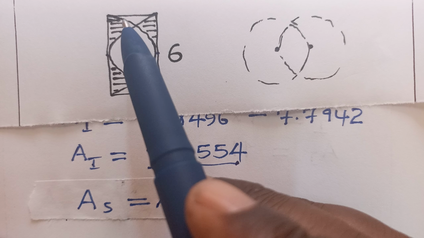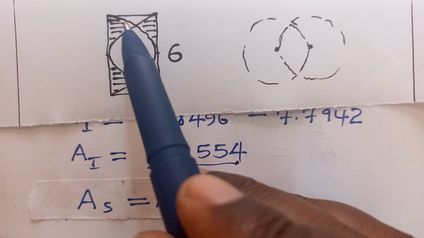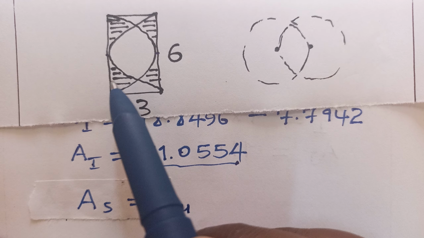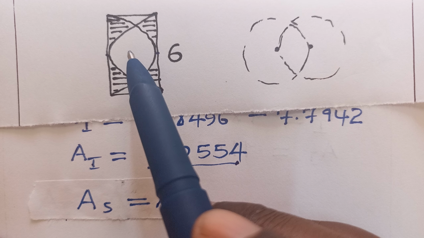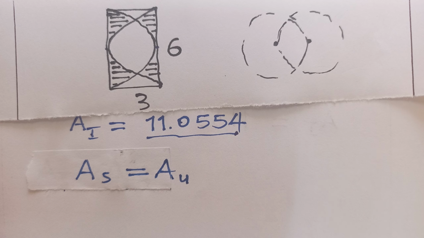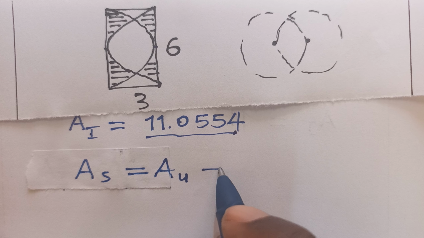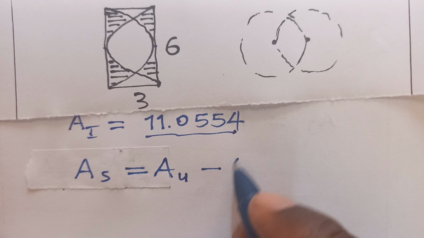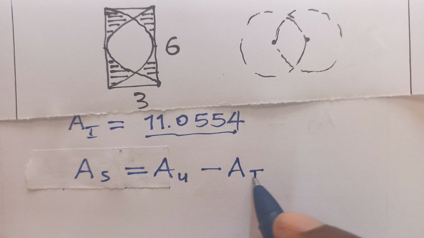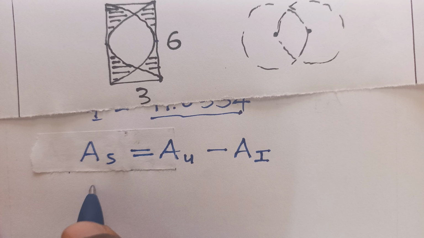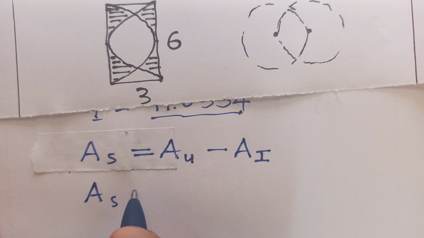Guys, the union is any part that is touched by the semicircles. And that includes the shaded region and the area of the intersection. And so we say area of the union minus, guys, now we subtract the area of the intersection. So guys, that's how we are going to find our area. And so therefore, we shall have AS equals to